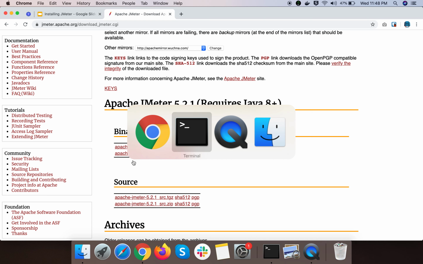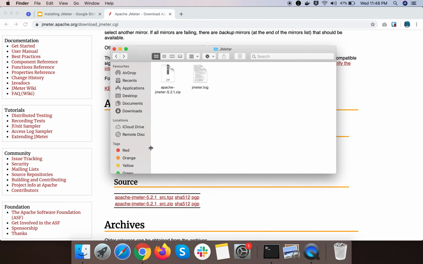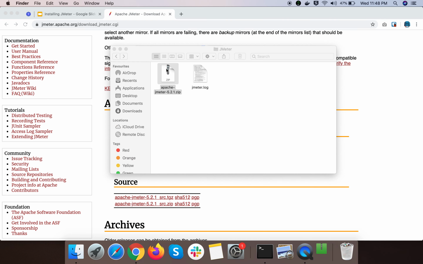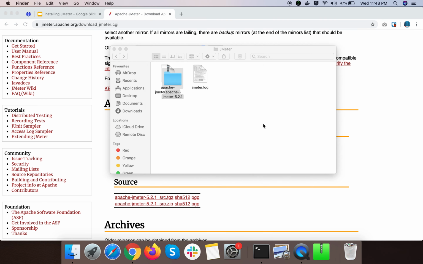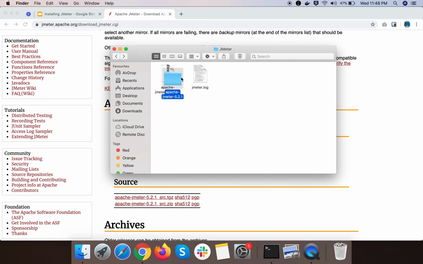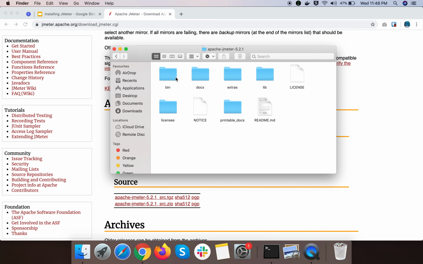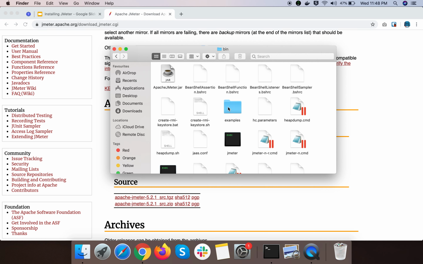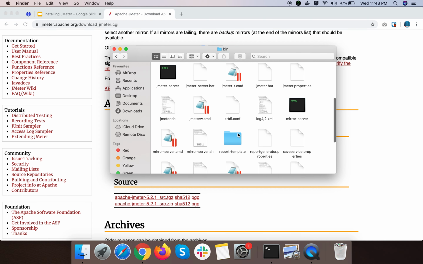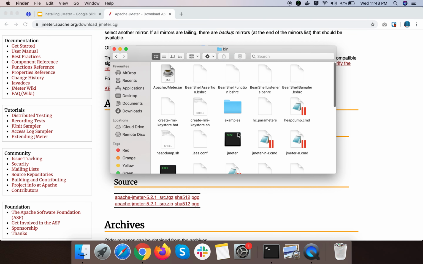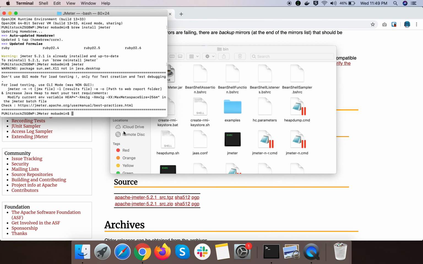I have the zip file already downloaded in my system. I'll just extract that, and once it is extracted, I'll go to the bin directory. You can see we have various files in the bin directory, but for Mac, we will need to run this particular jmeter.sh file. We will run that with the terminal command.